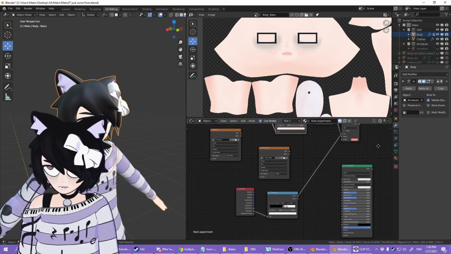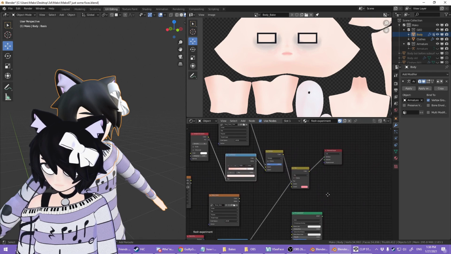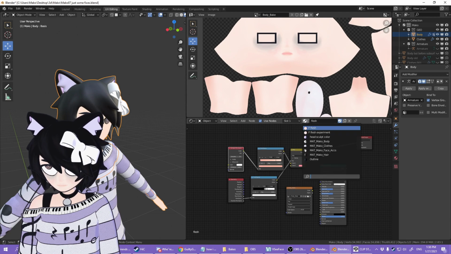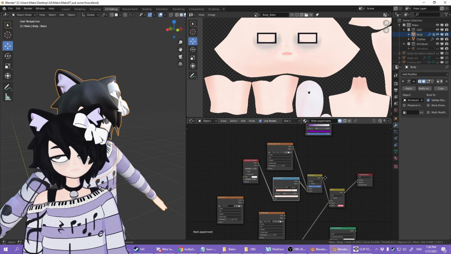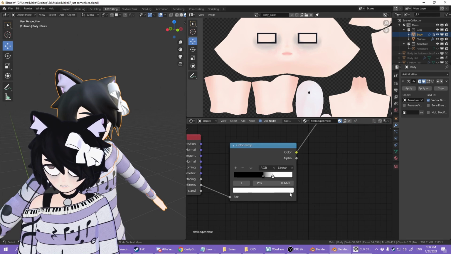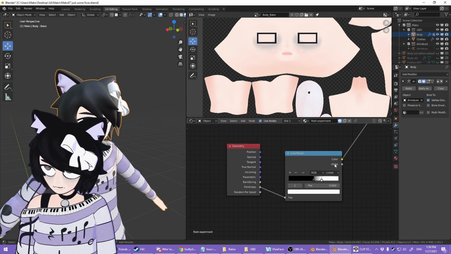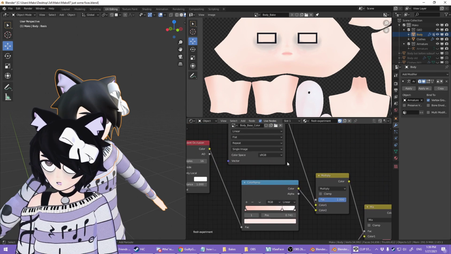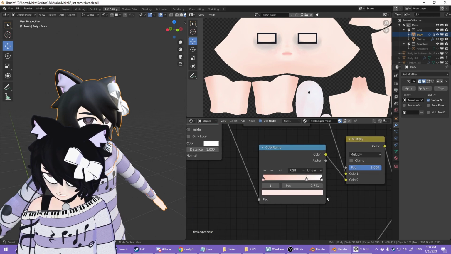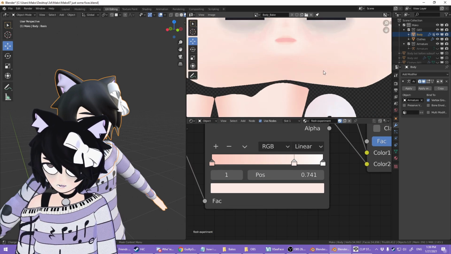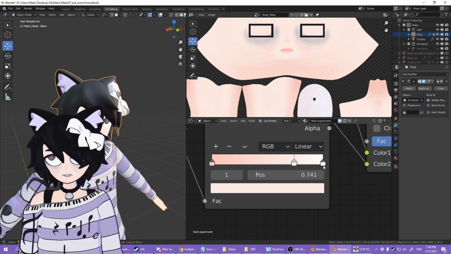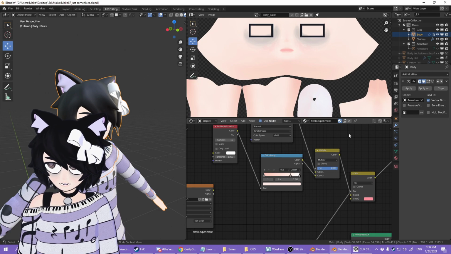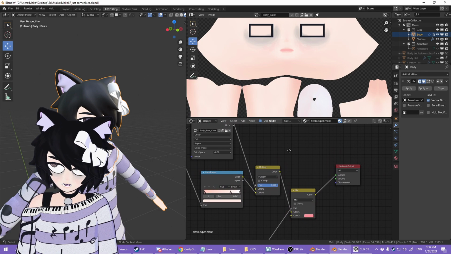But you ended up with something a little bit like this mess down here. I think this is the right one. It might have been this one. I don't remember. It's probably this one though. There's several things here that you don't actually have to worry about. We got this pointiness thing, adding some red to it. We also have this ambient occlusion thing. These are the colors that I set up for my skin tones. You got this at the brightness, this down here. And I'm not going to go into how to actually set this up because it's super complicated. I barely understand it, and Dicko does a pretty good job at it.